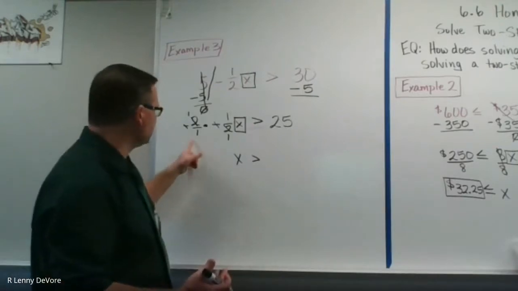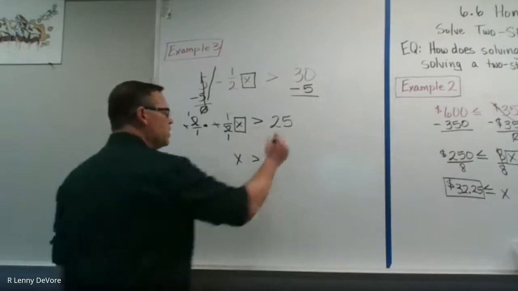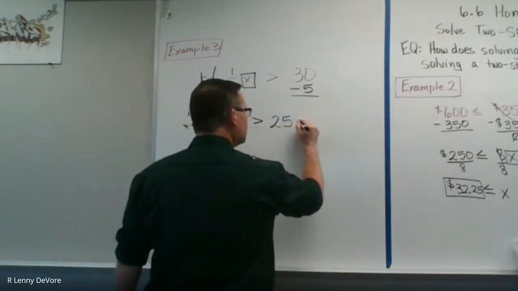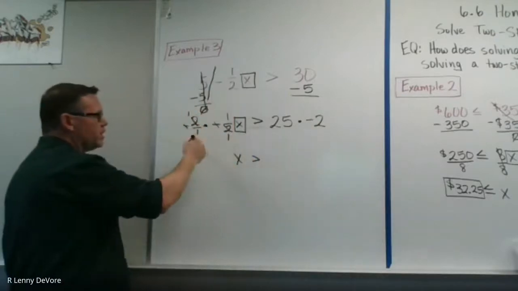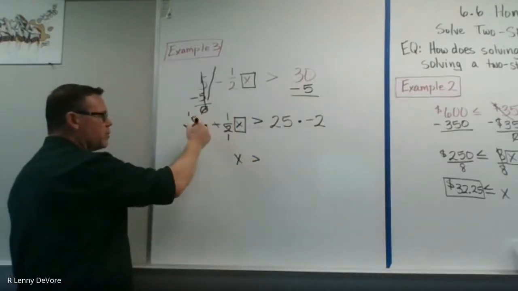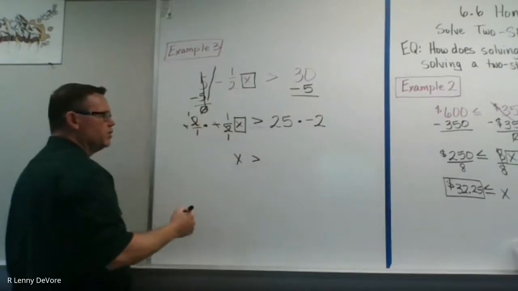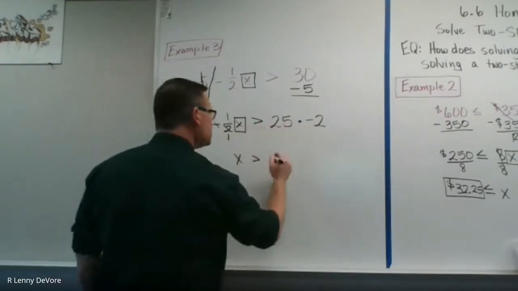Now, remember, I can't do anything on one side of the equation without doing it on the other, so I'm going to multiply this by a -2. It was a -2 over 1 here so that we could cross cancel, but remember, a -2 over 1 is just -2. So all of a sudden, this becomes